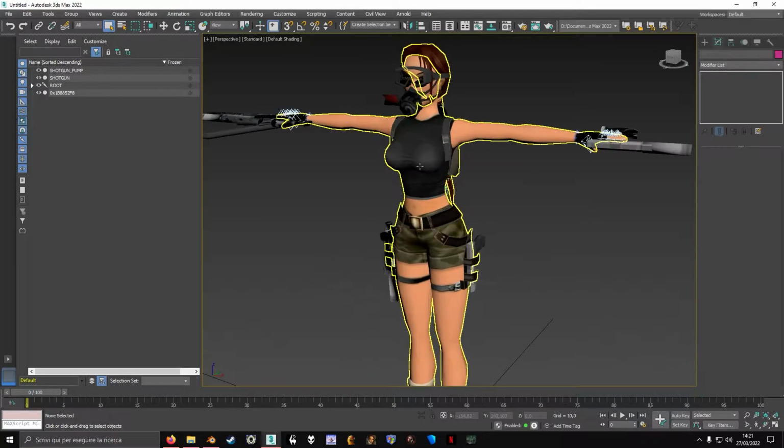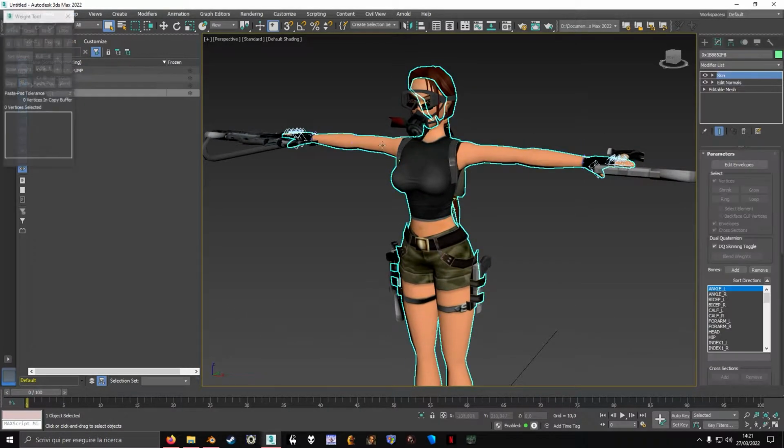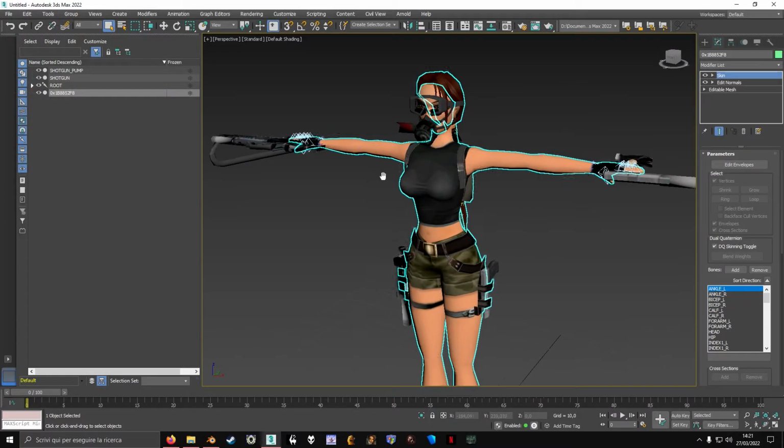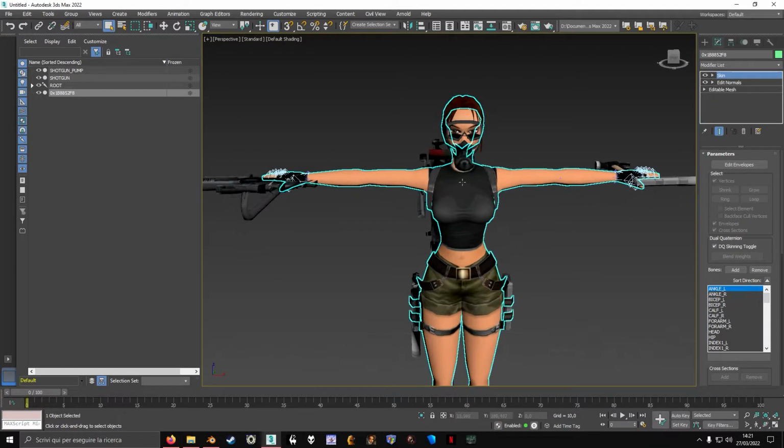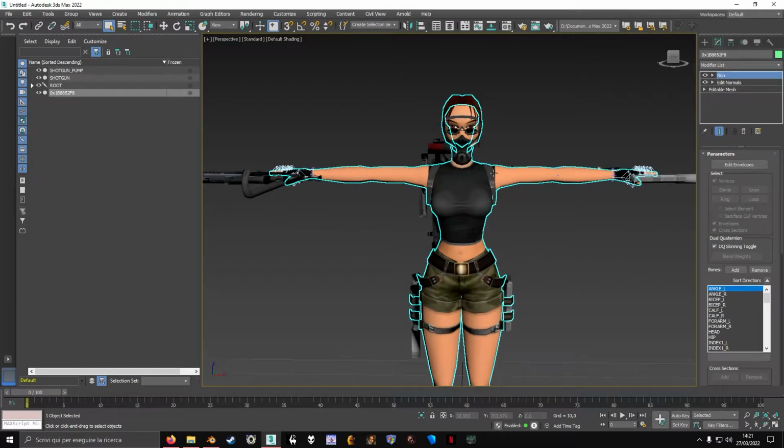First of all, you can see the model is composed of different pieces. There's the main model, which is this one with this random hash or number. This mesh here is basically the skinned mesh, so the one that can have skinning,